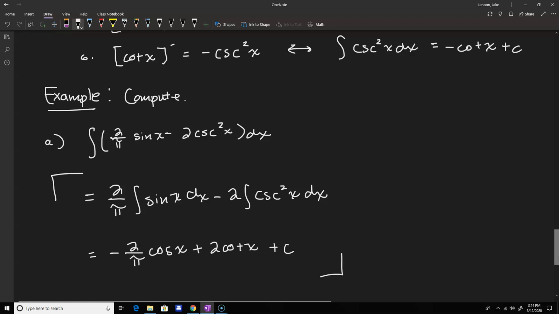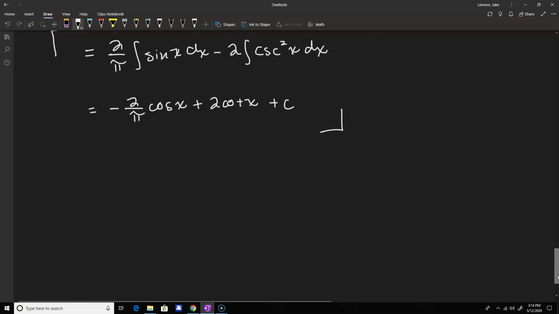Another example that we can look at may require that we perform a little bit of algebra to see the appropriate formulas in order to use those trig formulas that we found. So what do I mean? Let's look at this example. The antiderivative of 4 cosine x plus sine squared of x, with everybody being divided by sine squared of x dx. Again, we can't break this up based on numerator and denominator because that is a quotient, and for now the integral only behaves with sums, differences, and multiplication by a constant. So let's